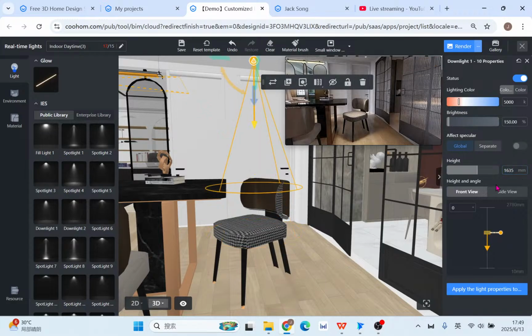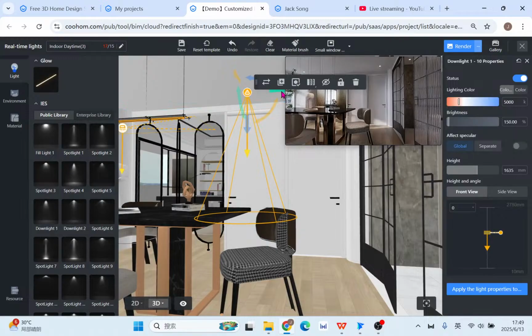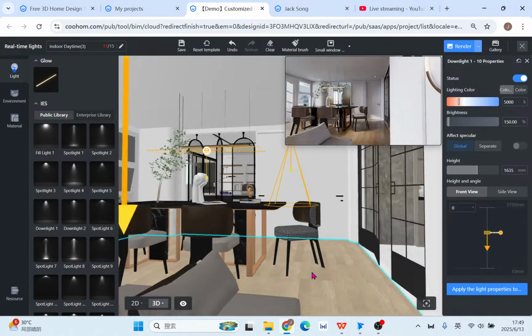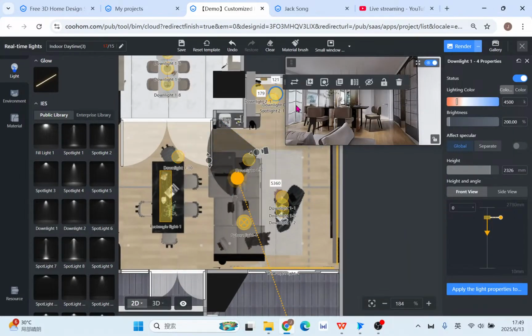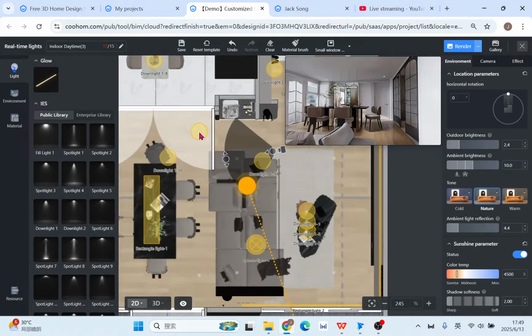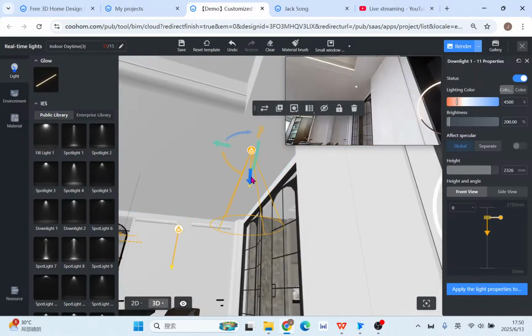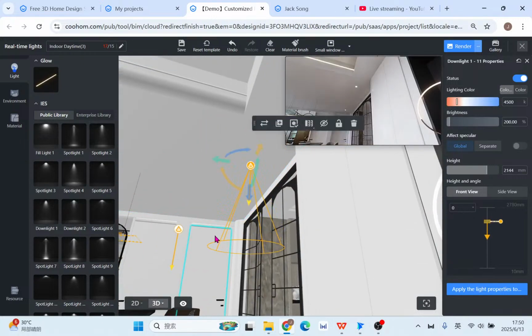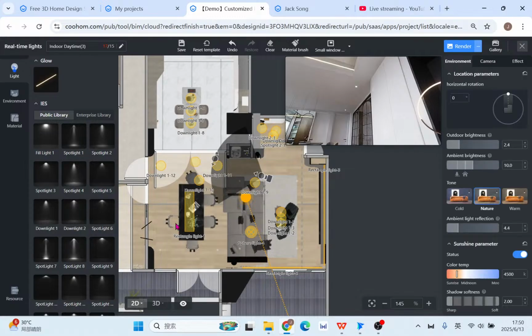And now you can check about this position. See, this area can be lighted up, and it won't be too dark for the viewing. Of course, here I just forgot to check and add up some more. For example, downlight, this position. Yeah, I got this downlight. Duplicate, duplicate,